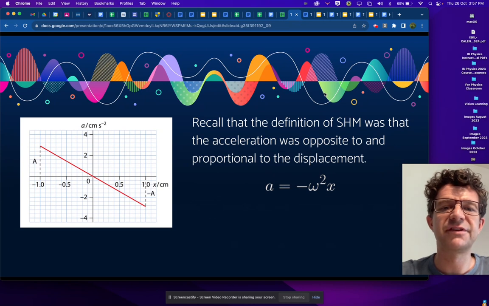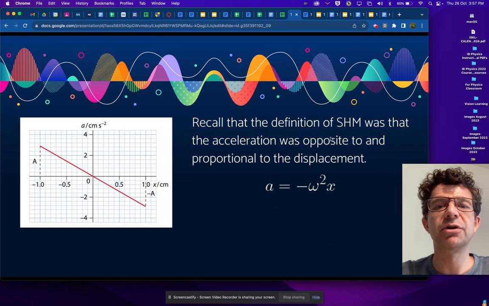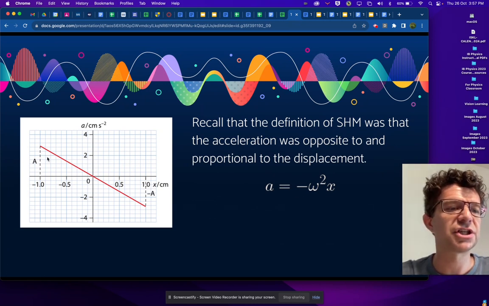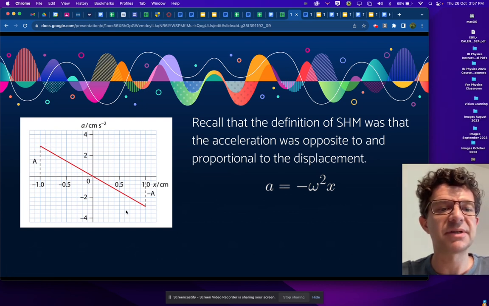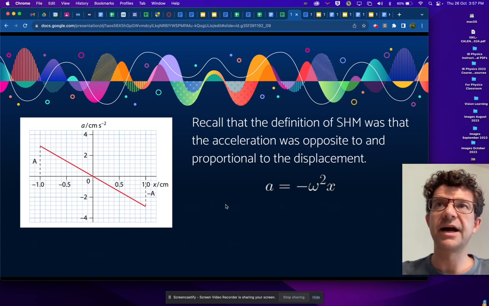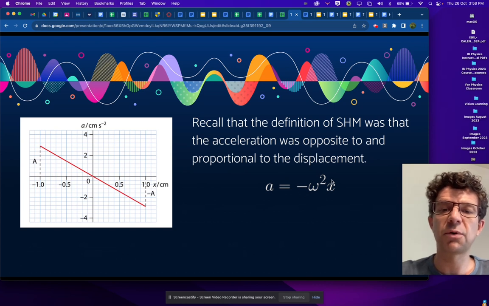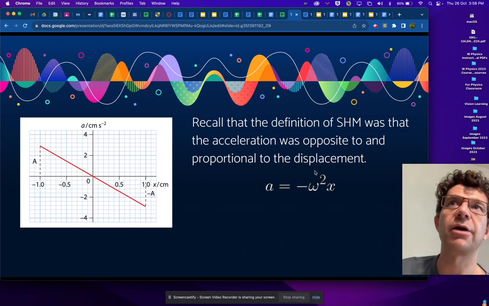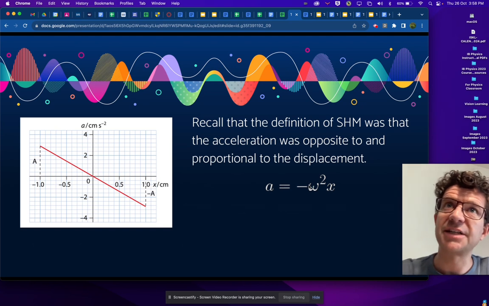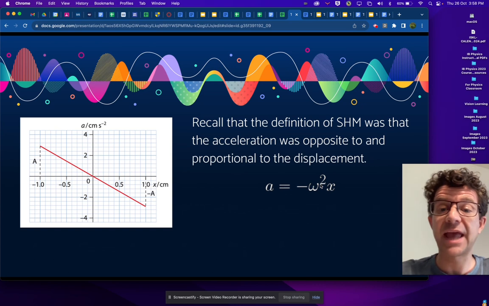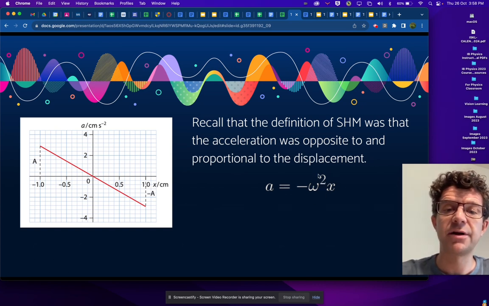Recall that the definition of simple harmonic motion, the defining equation, was that the acceleration was proportional to and opposite to the displacement. Here we're going to make one little change, and you'll see why this is convenient shortly, and say that the constant of proportionality will be called omega squared. It may feel a little bit strange not to use a constant like B or K, something like that. But this omega squared, we'll ultimately see, is the angular frequency for the simple harmonic motion